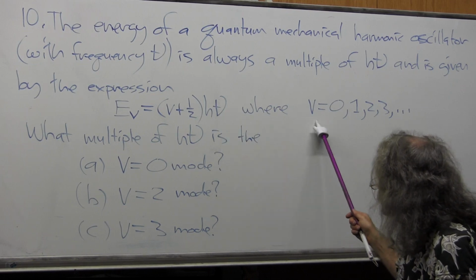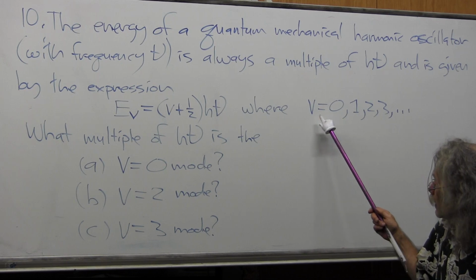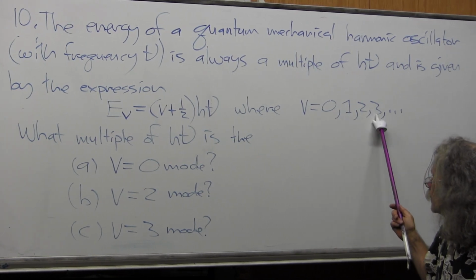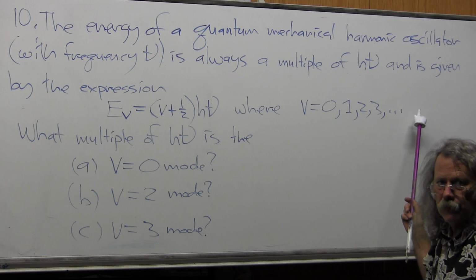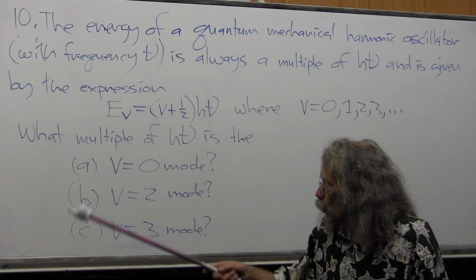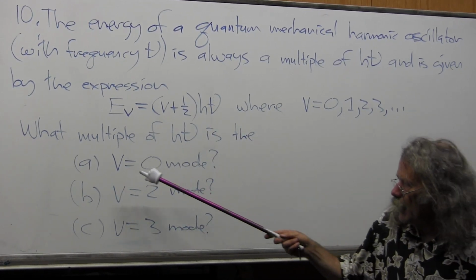And where v is a type of quantum number, it can take on values 0, 1, 2, 3, etc., integer values. And what the question is, what multiple of h nu is the